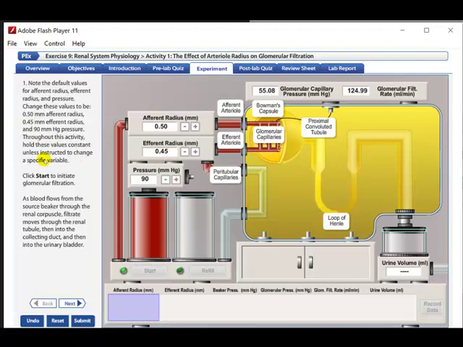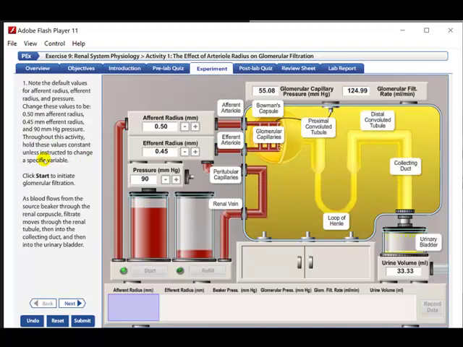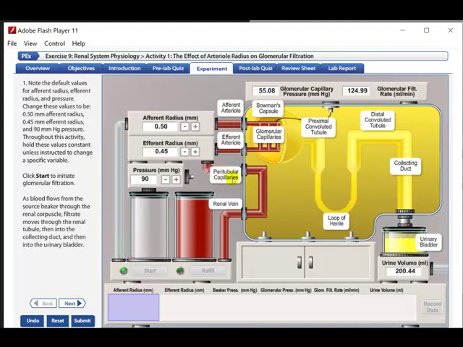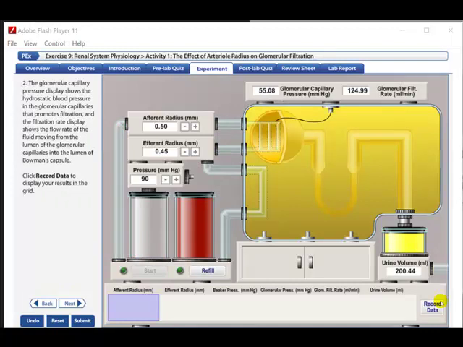As blood flows from the source beaker through the renal corpuscle, filtrate moves through the renal tubule, then into the collecting duct, and then into the urinary bladder. The glomerular capillary pressure display shows the hydrostatic blood pressure in the glomerular capillaries that promotes filtration, and the filtration rate display shows the flow rate of the fluid moving from the lumen of the glomerular capillaries into the lumen of